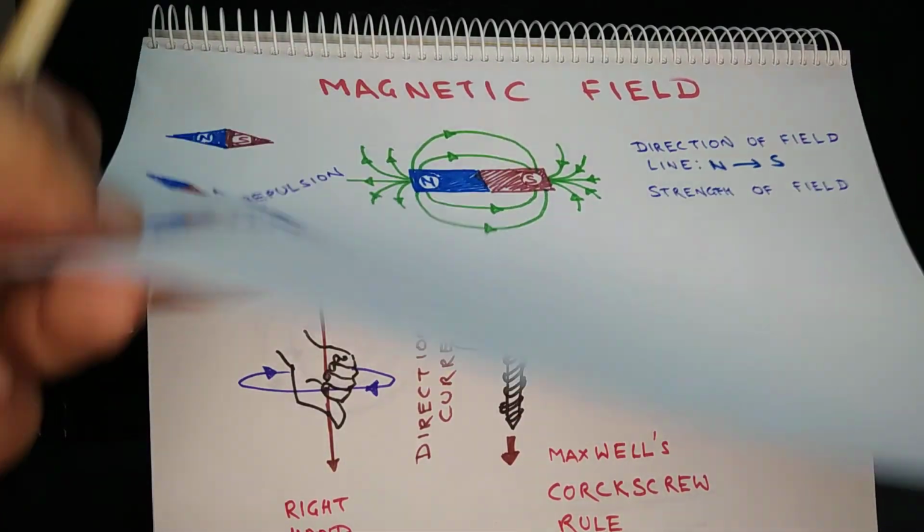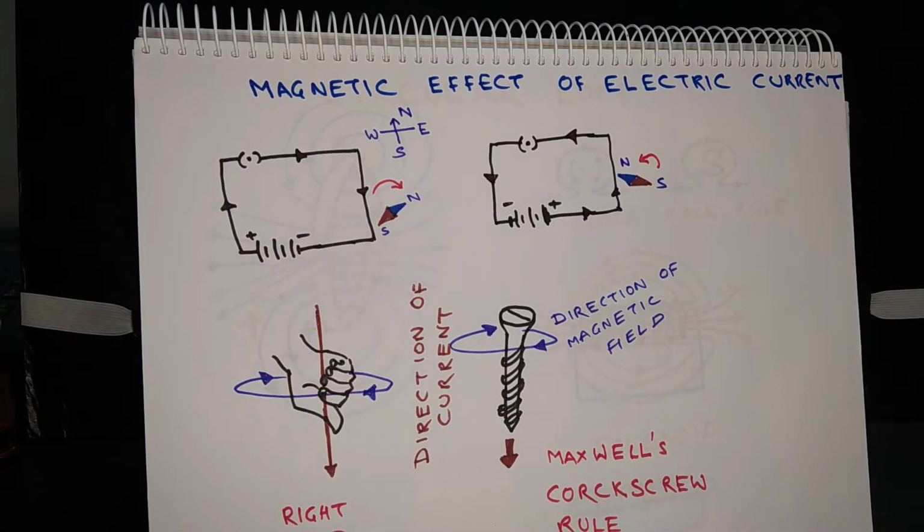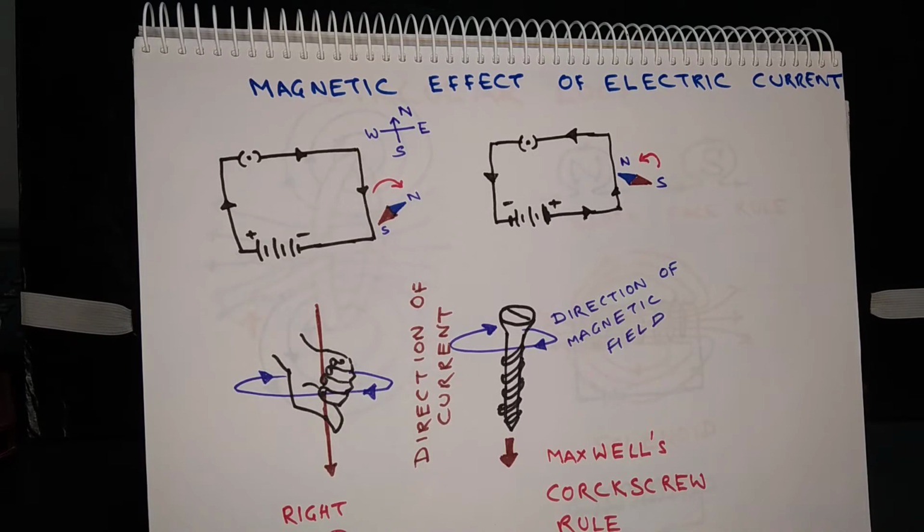Now all of you know that a magnet exerts some magnetic force on magnetic objects. That is why the magnet attracts iron nails or pins and other things. Now in this chapter, we will study about the magnetic effect of electric current. There was a scientist by the name of Hans Christian Ørsted, who for the first time demonstrated that a conductor which is carrying electric current has its own magnetic field, and he was able to prove it by bringing a magnetic compass needle closer to the conductor, and he could see deflection in the magnetic compass.